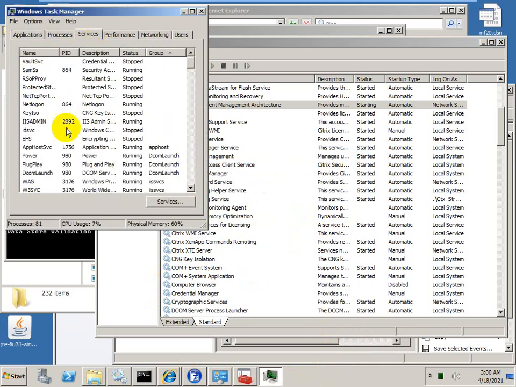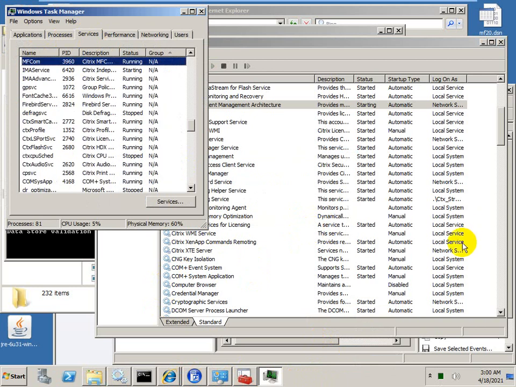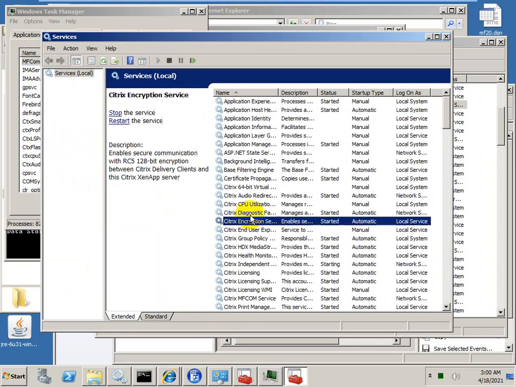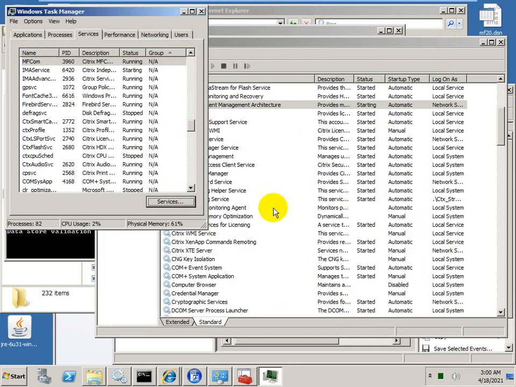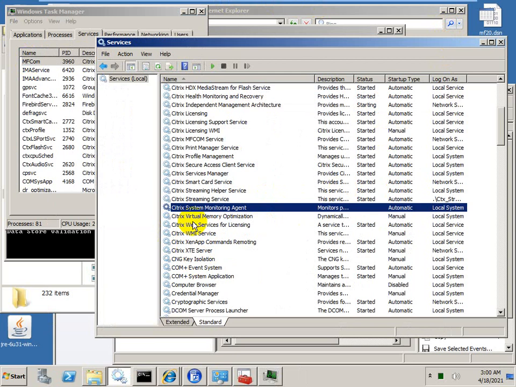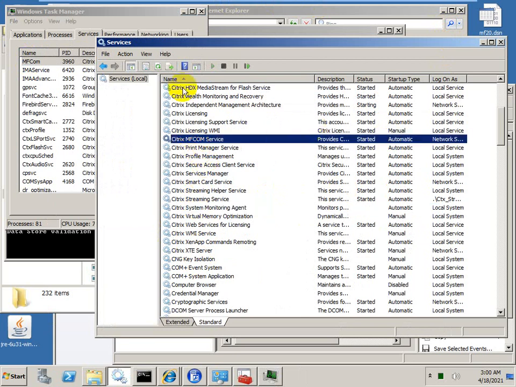In the services, I need to search for MFCOM. This one. You can also get the MFCOM service from here.